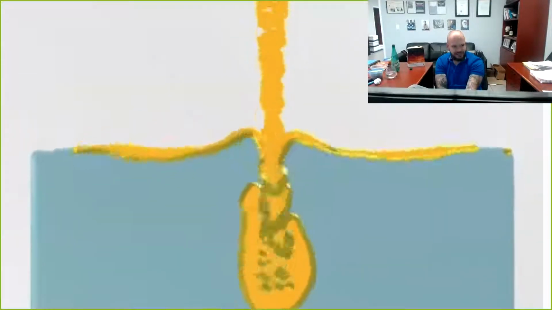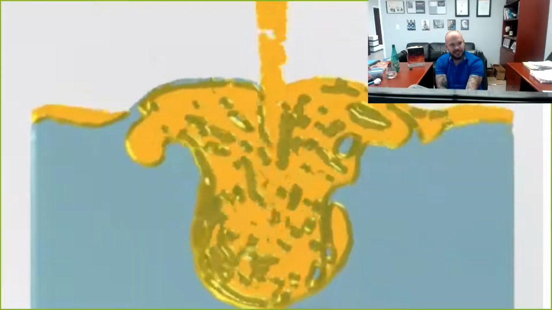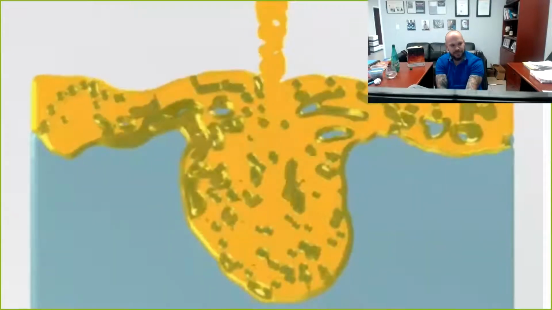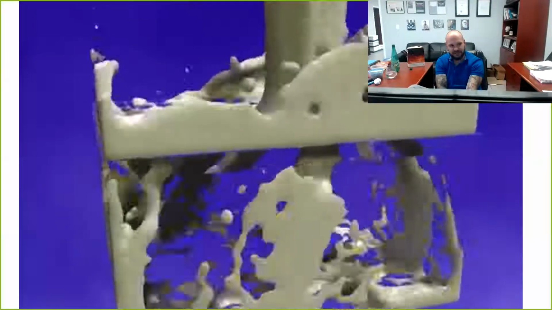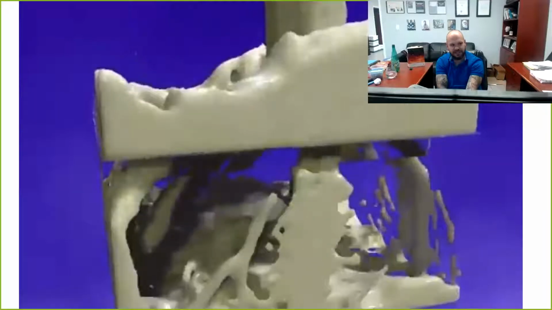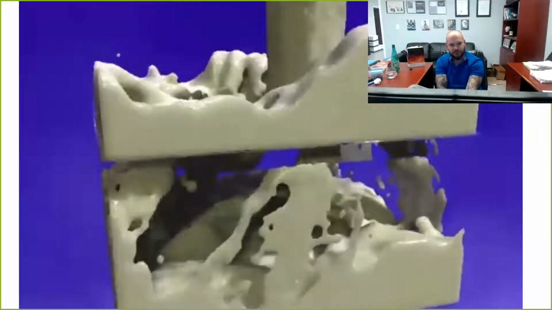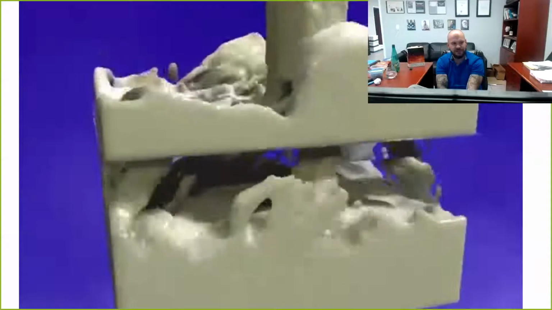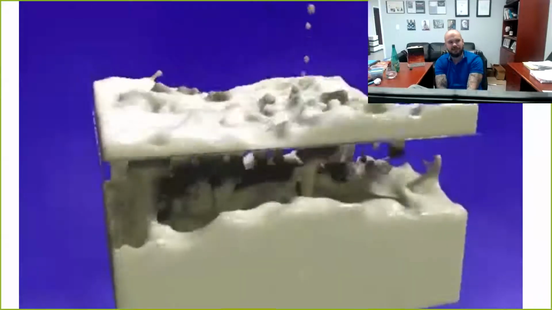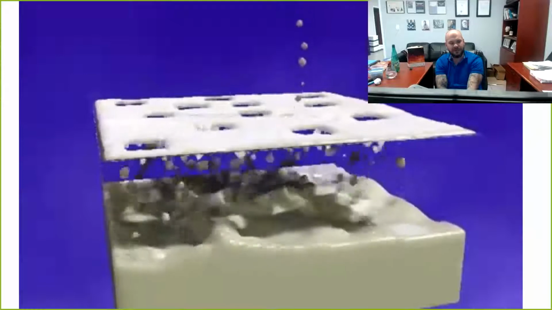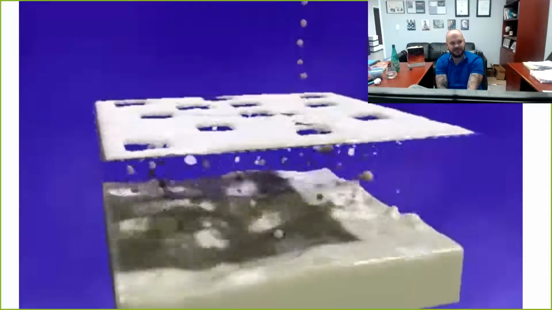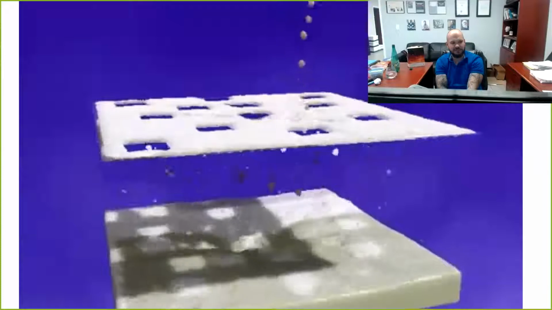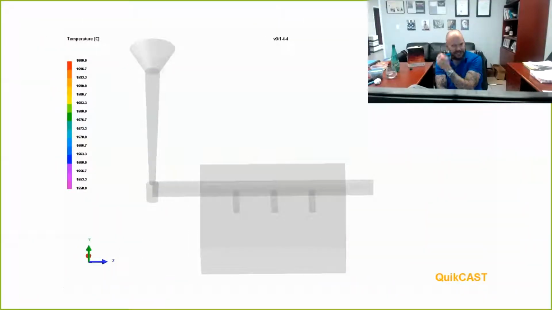The sprue well is this, and you can see what we're doing is aspirating air bubbles and oxide films and creating a pudding that we then hop, skip, and jump along a running system and deposit into your casting cavity. Any filtration that you use in the system, well, look what's taking place beneath the filter. You're basically creating a real horrible, nasty situation beyond the filter. So you've got terrible pouring practices before the filter that plug the filter and slow down your pouring rate. And then as the metal squirts through the backside of the filter, you're creating a whole bunch of droplets and resulting in a giant mess.